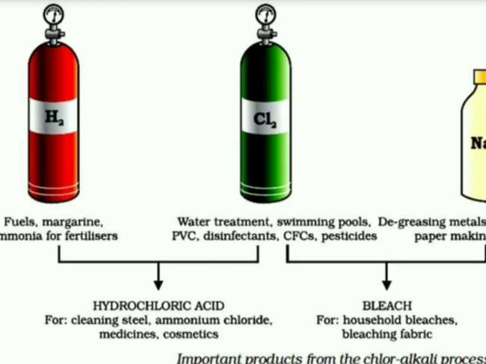See, hydrogen is used as fuel. How as a fuel? In rocket propellants. You know that hydrogen is a very good fuel, having very high calorific value. And in making ammonia for fertilizers. What is the formula of ammonia? NH3. It contains hydrogen and provides nitrogen to the crops in the form of fertilizer.